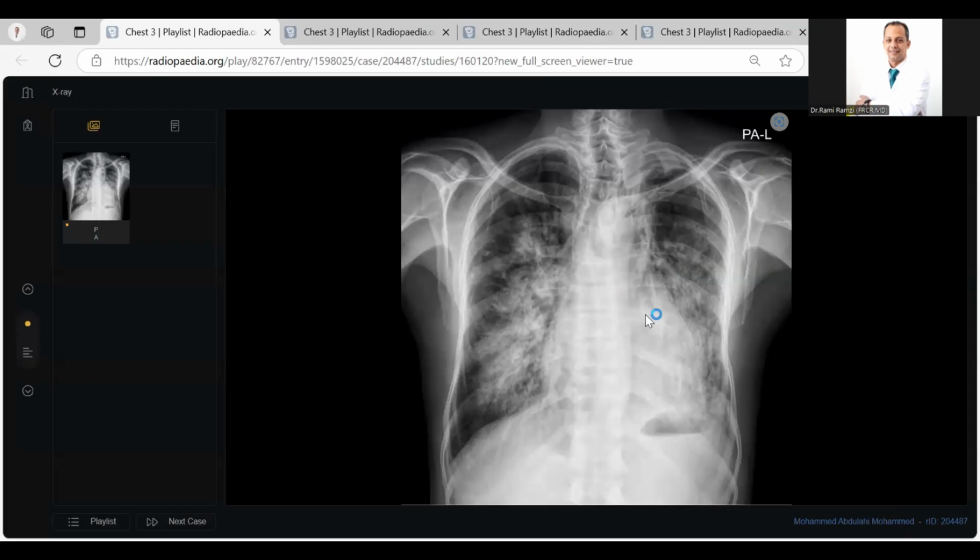This is a case where I give you a good history. Look at the heart. The heart is enlarged. There are bilateral perihilar opacification. Looks like